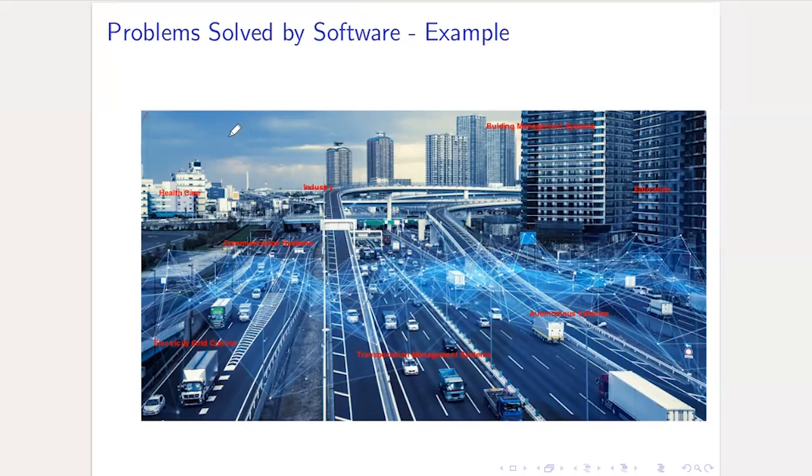For example, you have a lot of buildings, and these buildings should be managed efficiently. The security of the building, the supply of power, communication, water, crowd control, others, different services. So all of these are managed by what is called a BMS, a building management system, which has elements from civil engineering, electrical engineering, mechanical engineering, electronics engineering, and all of them are put together through software that comes from